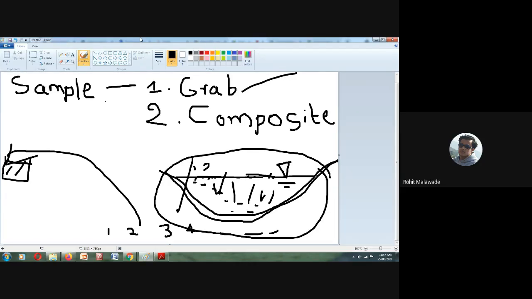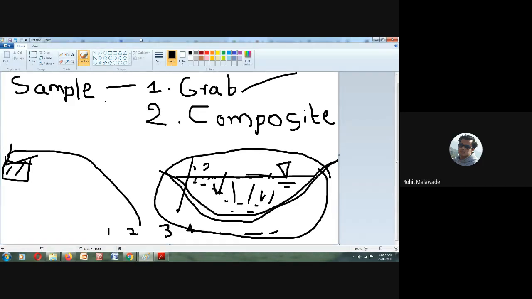Water quality is one of the important parameters dependent upon sampling. So if we want accurate results, we should follow composite sampling, right? Okay, so this is regarding the methods of sampling.